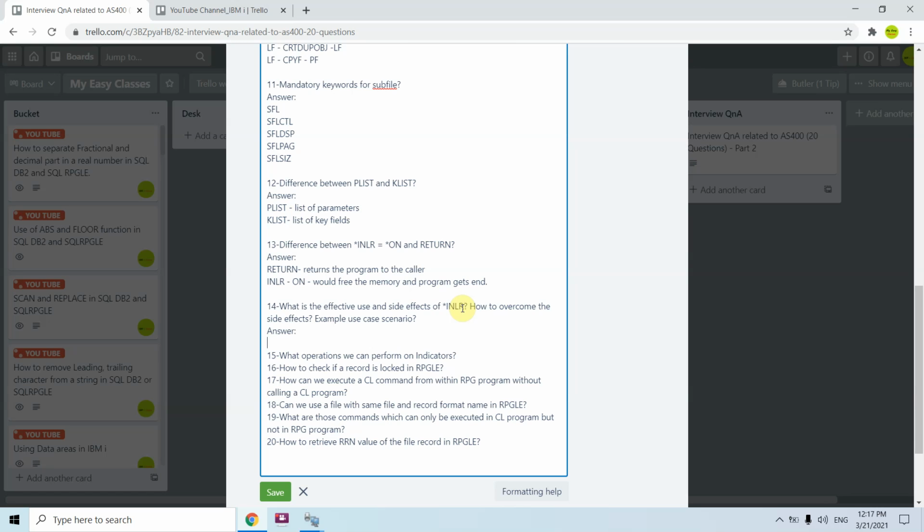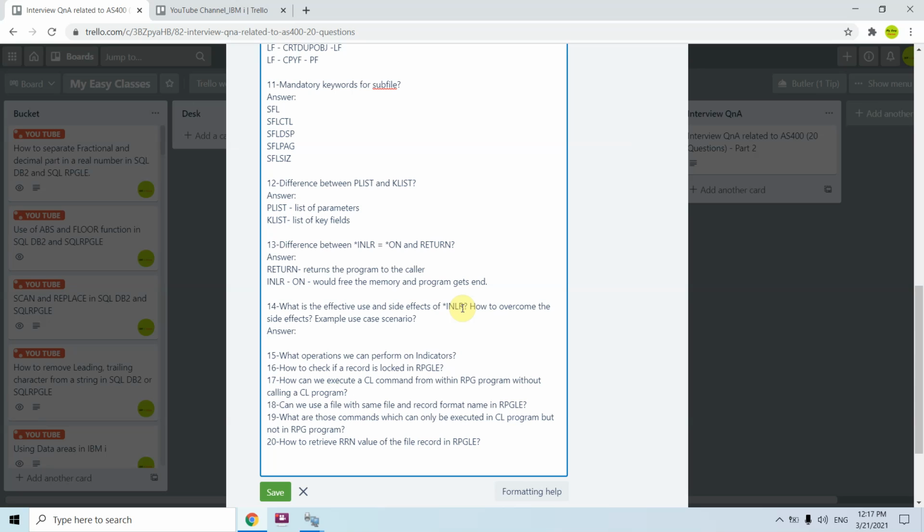So the effective use of INLR is that if I set this to on, it will free up the memory, it will reinitialize all the variables which were initialized during the call of that program, and it would return from the called program to the caller.